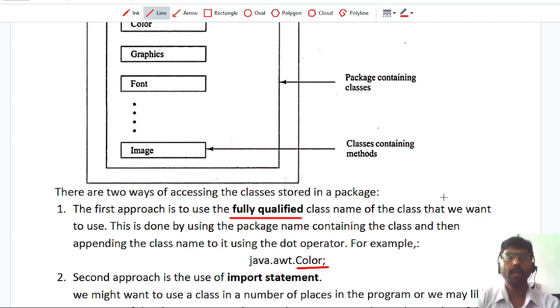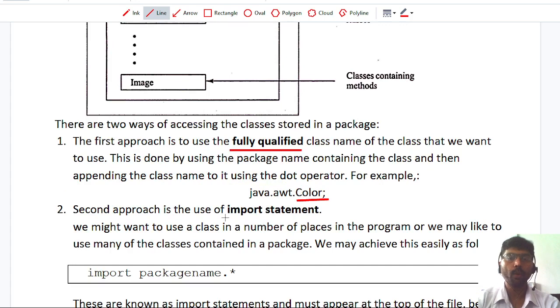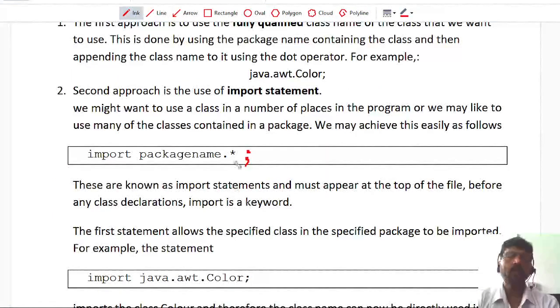If you want to access multiple classes from a package, or I want to call this class many times, in that case we use another technique. The second approach is called the import statement. The second approach to access a class is using an import statement.